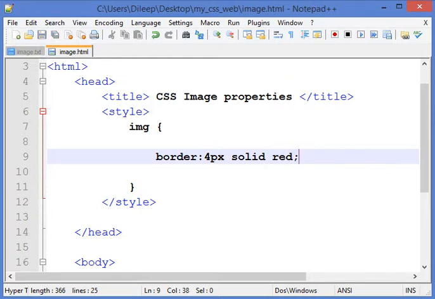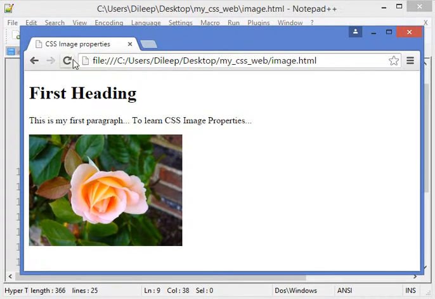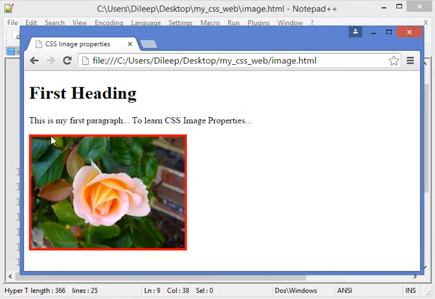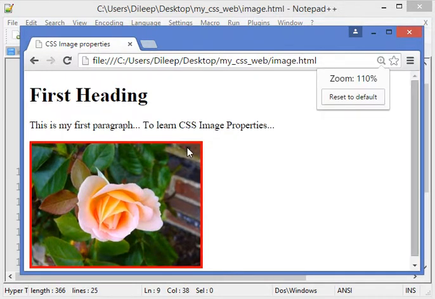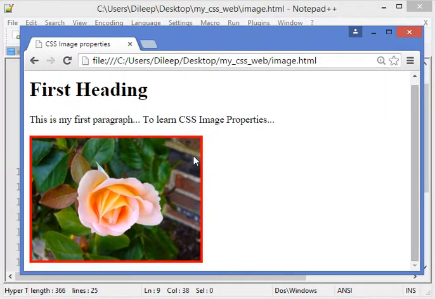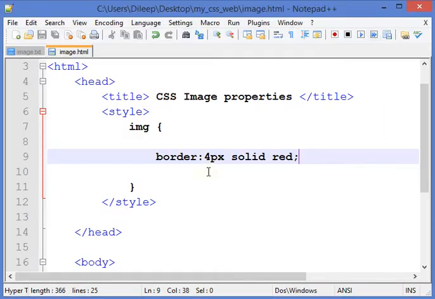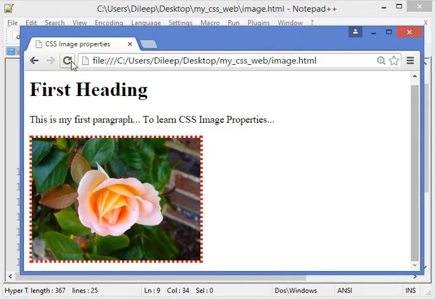If I go to the browser and refresh it, you can see the border appear around the image. The border color is red and the width is 4 pixels. Suppose I want it dotted, and I save, and then if I refresh, the border becomes dotted in red color.